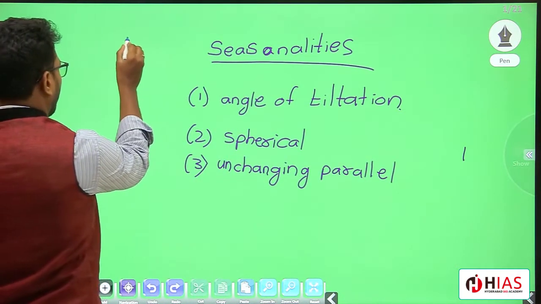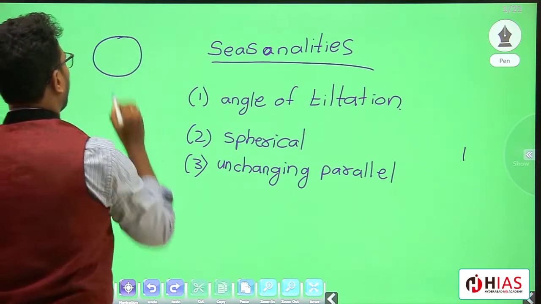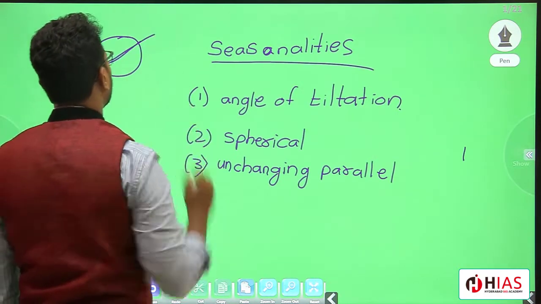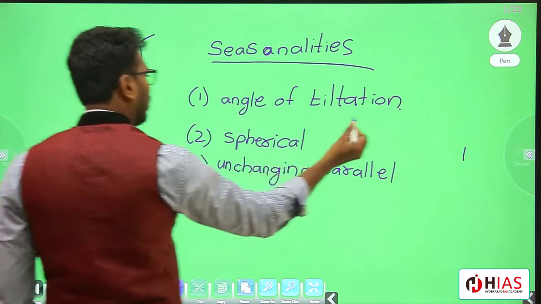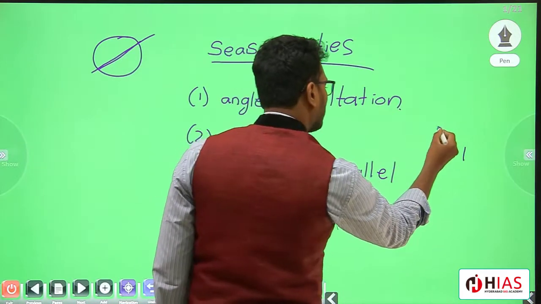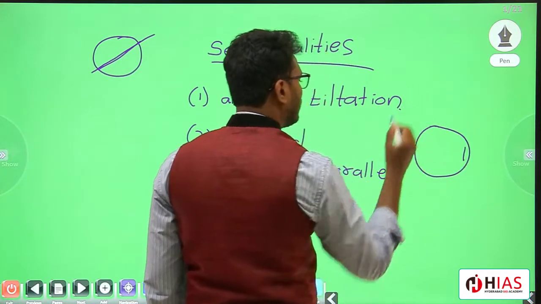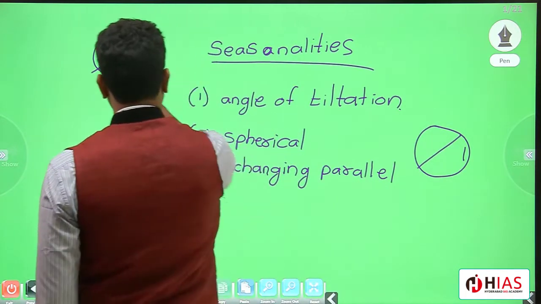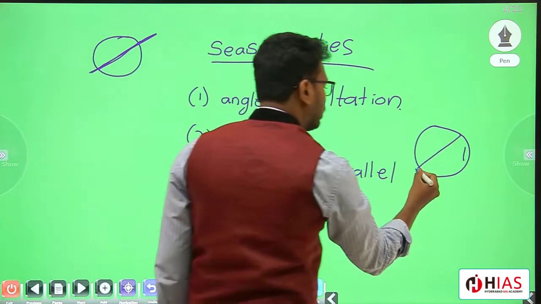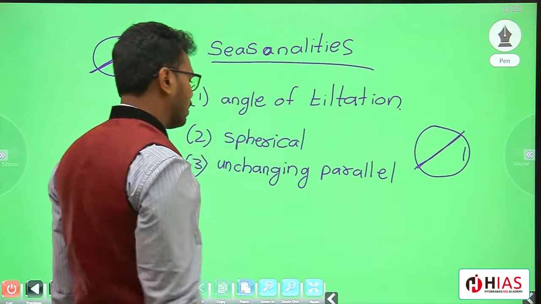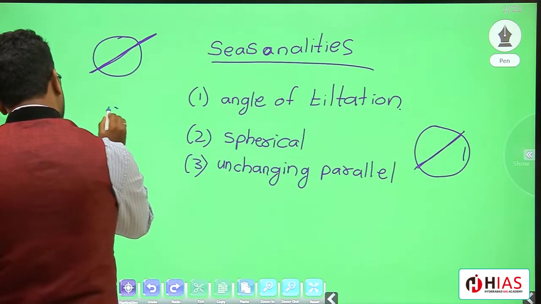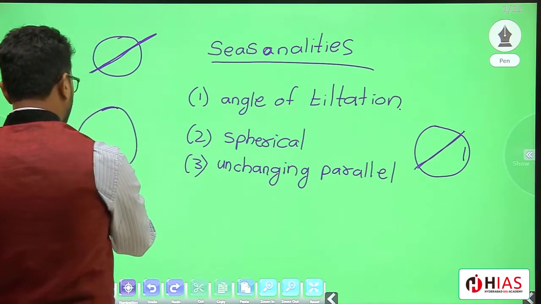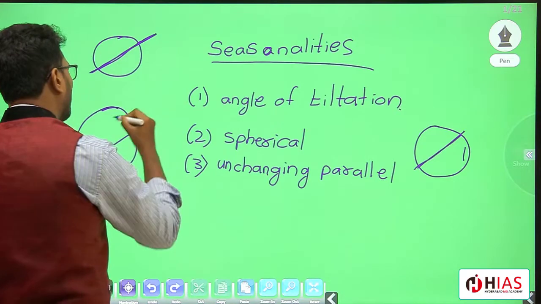See guys, just imagine this is the spherical shape of the Earth. So this is an axis. This is the Earth's axis. Suppose the Earth is located at this place in its movement. So here also the axis will be in the same direction, meaning this axis is parallel to this axis. Or else just imagine the Earth is at some different part of the solar system like this. Here also the axis will be in this manner.